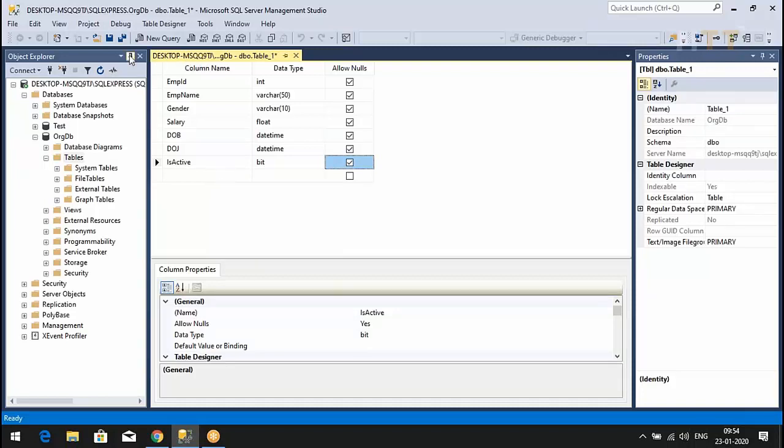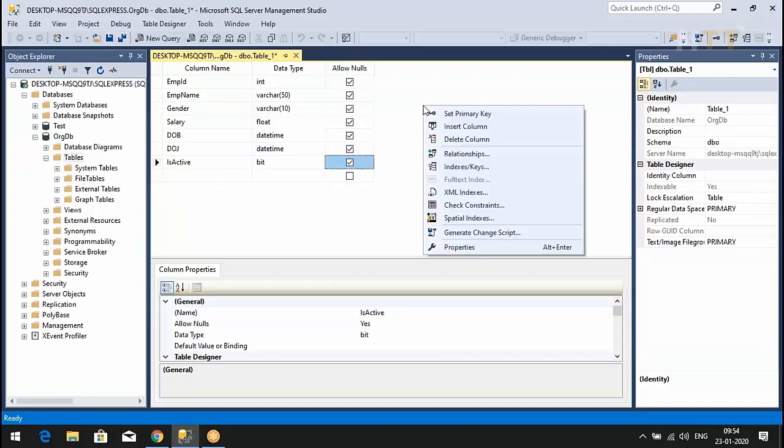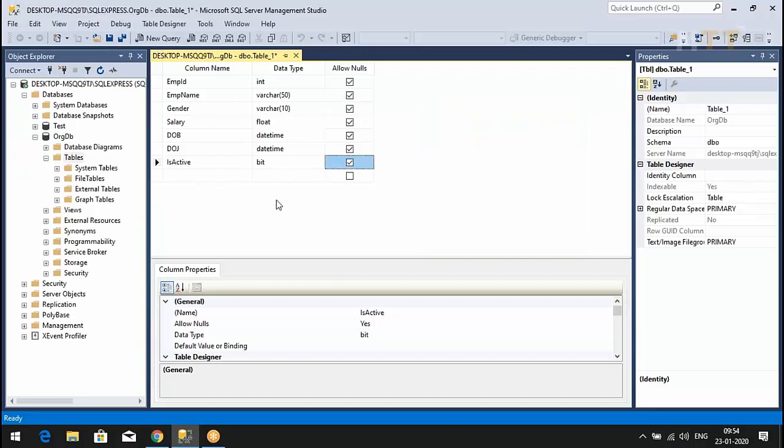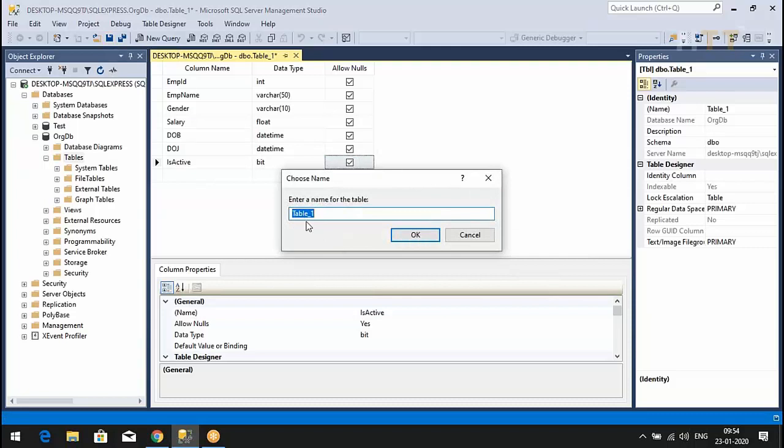Now I will click on this save button. Right click, or you have save button here. I'll just click on this save button. It will ask me for the table name. In our early days of programming, we used to give name as TBL underscore some table name. But now the latest programming approach, your table name must be singular form of your object. So we are going to store the information about employee, right? Employees. So my table name should be employee. Are you getting the point?